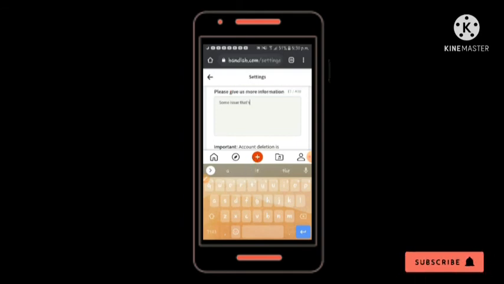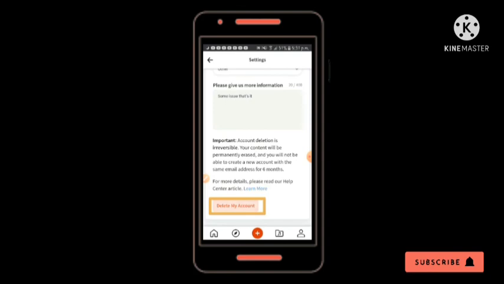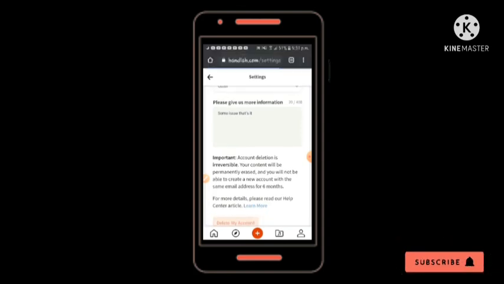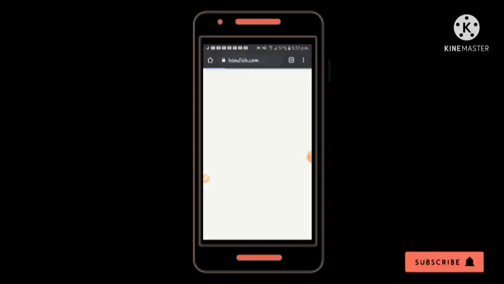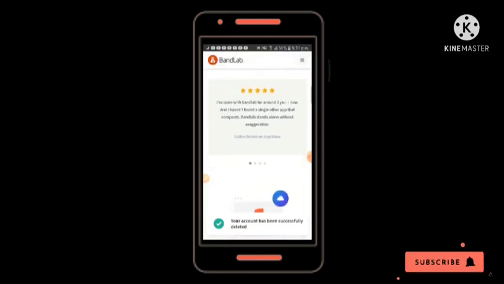So now let me tell you, when you delete your account, all your content will be irretrievably deleted along with it, except for your comments you posted and content you have shared with other users, such as your revision in a band. Finally, you will not be able to create a new account with the same username and email address for about 6 months. Also, you can change your account details if required in settings before deleting your account.